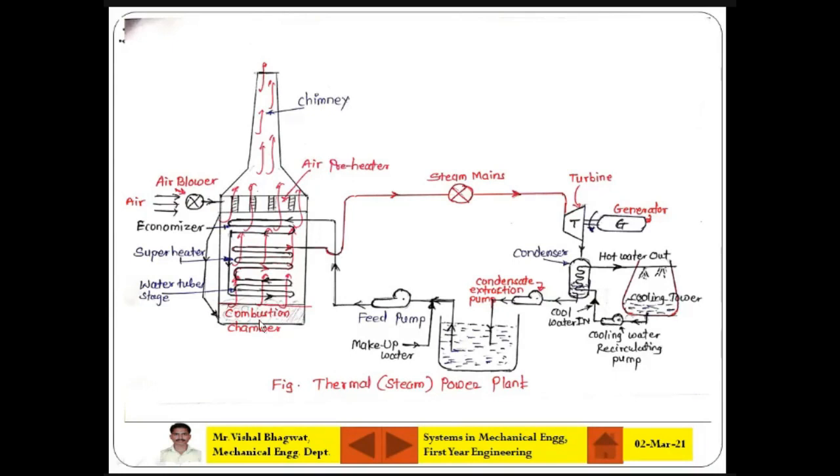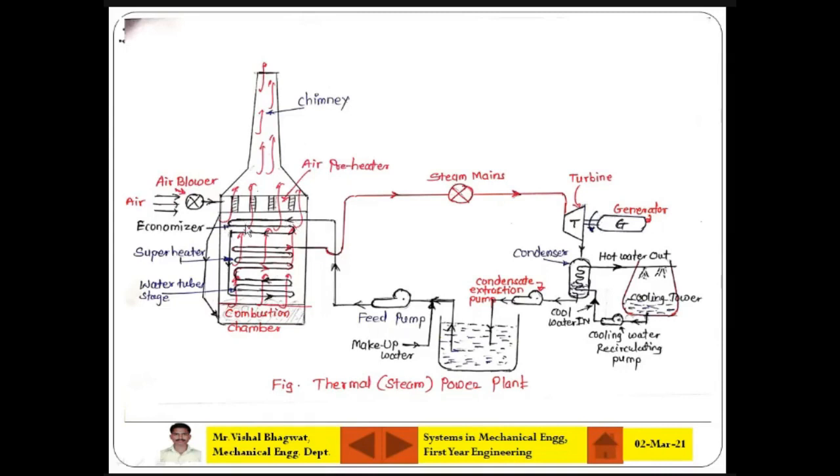Why? Because you need to transfer the fuel heat to the water, and the water cannot be in direct contact with the combustion chamber. So there has to be some tubes. Either the hot flue gases should be in tubes, or the water should be in tubes. If water is in the tube, that is called a water tube boiler. If hot flue gases pass through the tube and around the tube there is water in the tank, that is called a smoke tube or fire tube boiler. You got it? So here water is flowing through the tube. That's why this kind of boiler is called a water tube boiler.